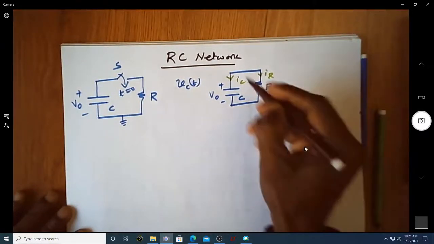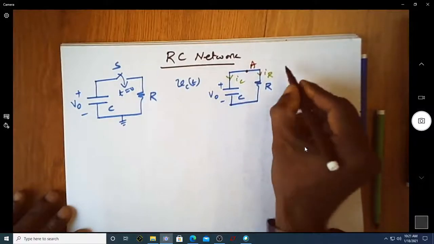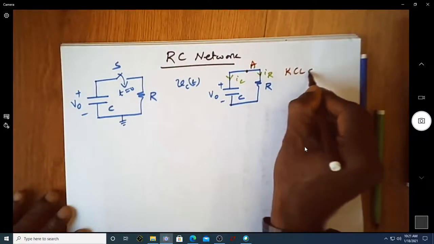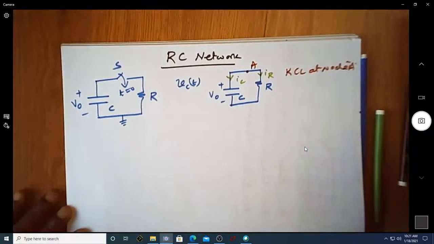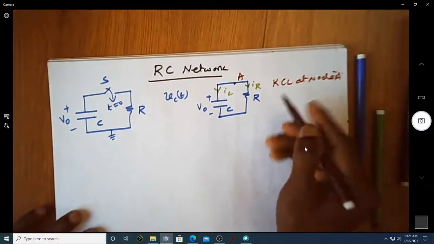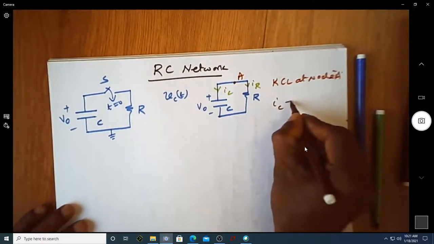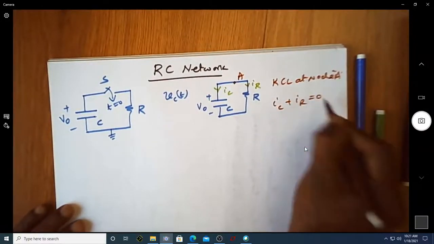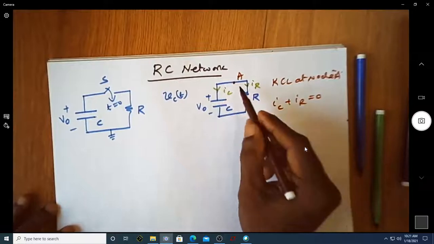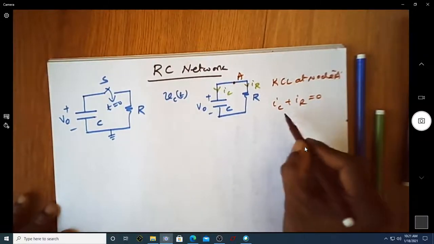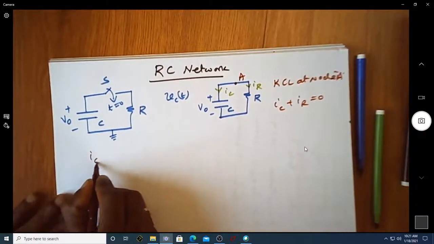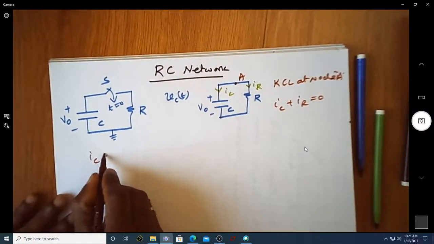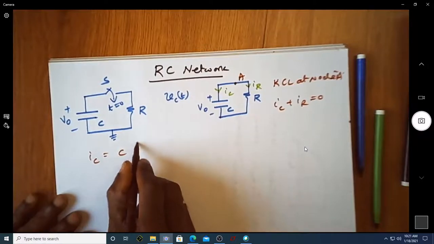So if you consider this as node A, and write KCL at node A, we know that both the currents are leaving, so we end up with IC plus IR is equal to 0. Both the currents are leaving and no currents are entering node A, so IC plus IR is equal to 0. If you try to find the expression for IC, it is nothing but C into